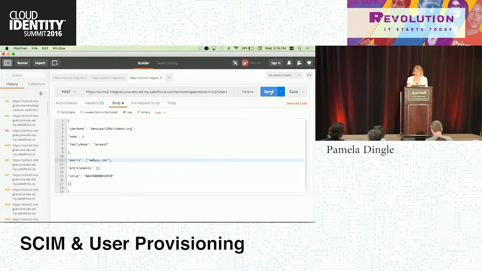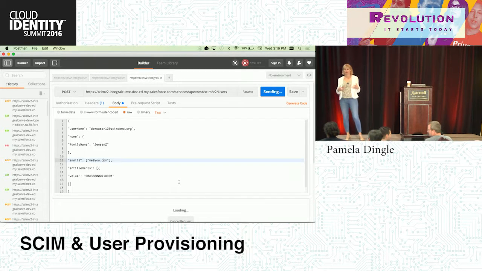Now if the demo gods are with us, post it. So you can see it's sending. If it's created properly, it's going to return an HTTP 201, which is created. It tells you that the object has been created.